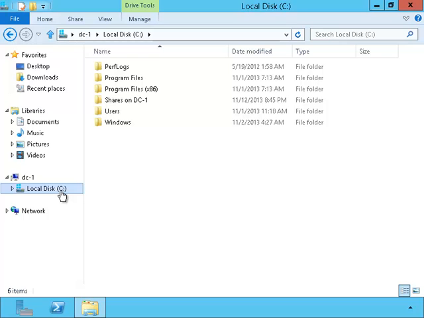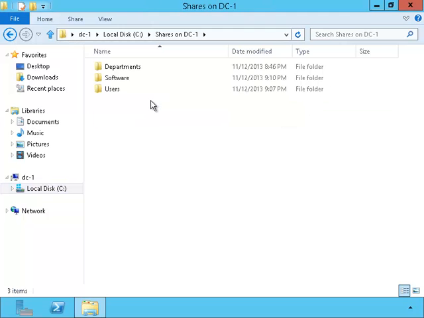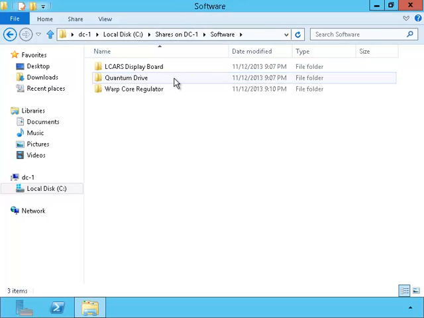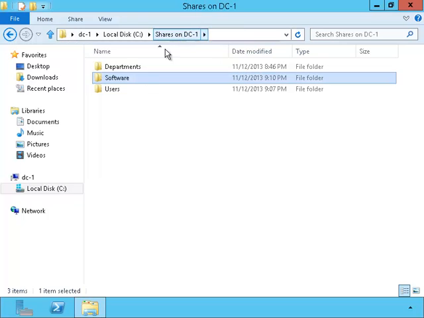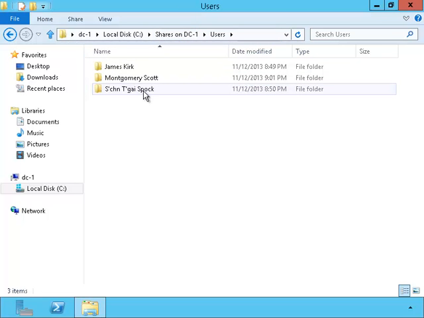In the root directory, I created a folder called Shares on DC1. And inside of that folder, I created the folders that we will be sharing called Department, Software, and Users. As you can see, in each folder, I have put additional folders. I have these extra folders so in the next coming video, I can verify whether or not the folders replicate